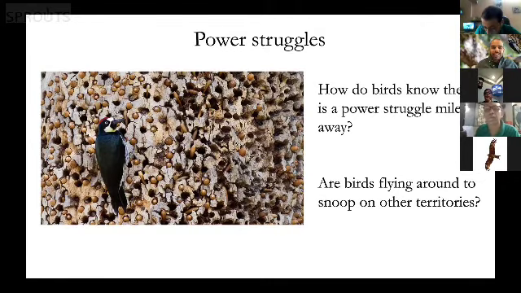So it is really crazy to see that a bird that has a brain which is probably a 10th our size has the social capability of getting information from kilometers away and reacting to it, finding a place and then fighting there. So the question is, how do birds find out that there's a power struggle happening in the first place?